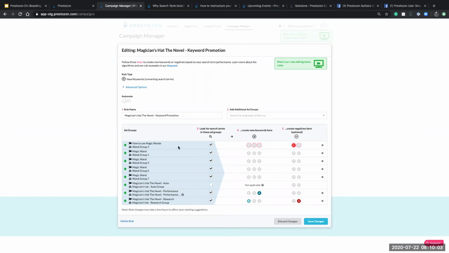If you want to be overly cautious, you can actually not negate in that auto campaign. If you're saying, hey, it's not broken, I don't want to overdo it, you can do that. You won't be perfectly isolated that way. But again, like Kevin was saying, there's a million different strategies out there. If it gives you peace of mind not to be messing with that auto campaign, it's perfectly fine